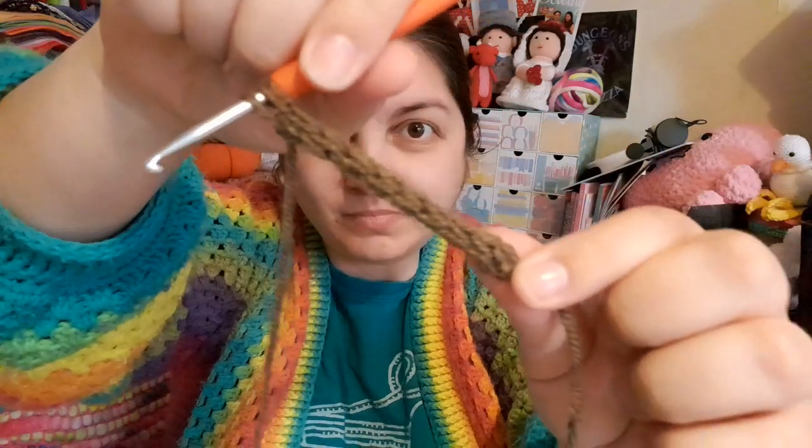Right, just past hour 16 and I have finished the main part of the pumpkin and sewn it up and stuffed it. So I'm now working on the I-cord, which is going to be the stalk, but I need to do double the length and then fold it in half because it's quite skinny and this is a big pumpkin, so I'm going to make a thicker stalk for it. And then I think I'm going to move on to